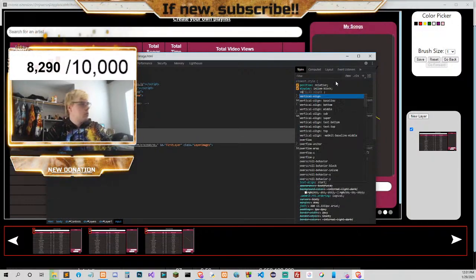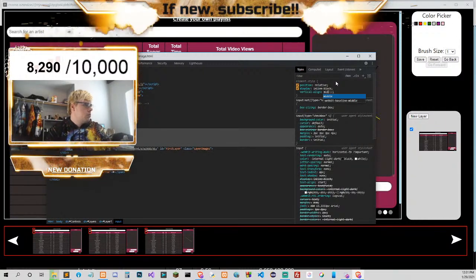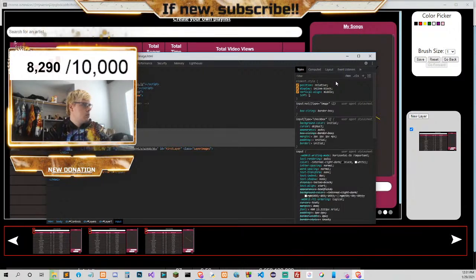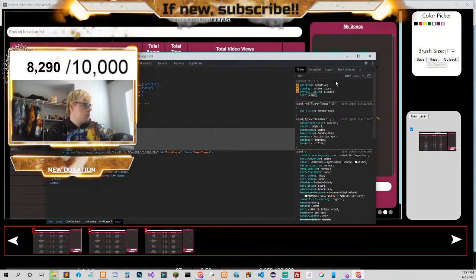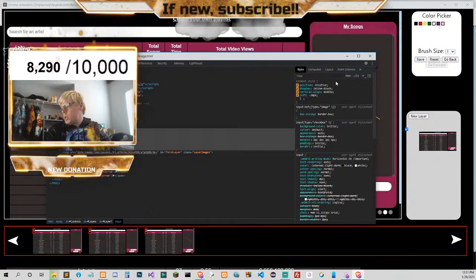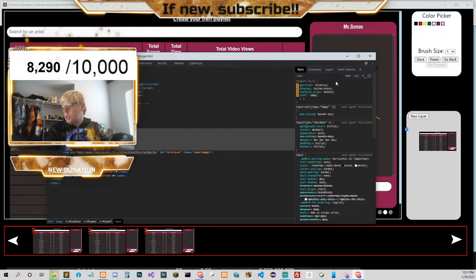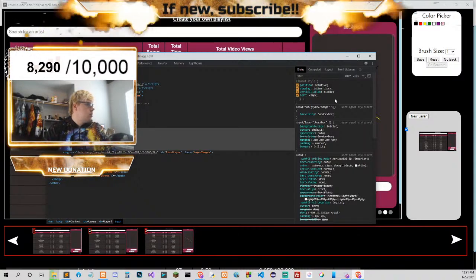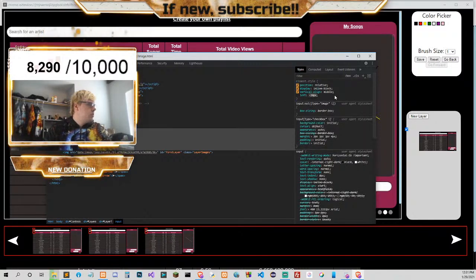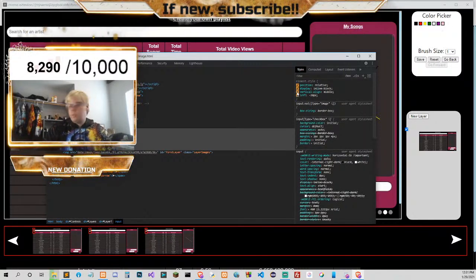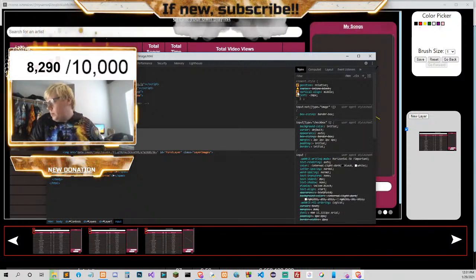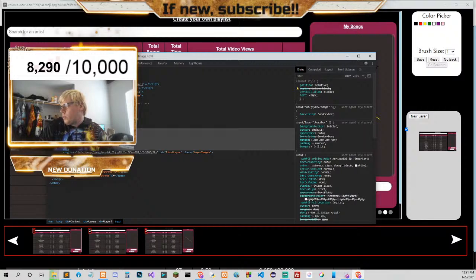Then we do vertical align middle. Okay, nothing's happened. Left. -20 pixels. Wait, input. Okay. Input relative. So wait, input. So it only works with inline elements.